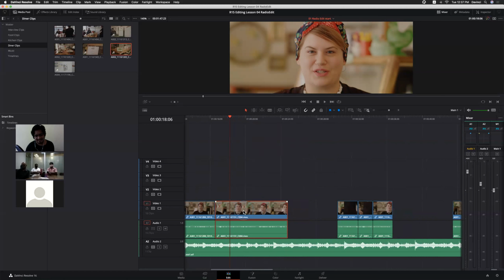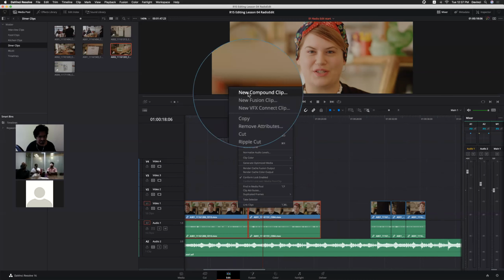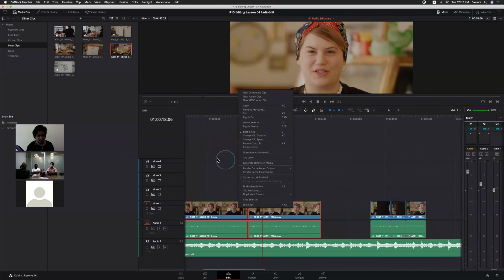And under the right click, you will find Link Clips. You know this option, right? It will automatically link the clips with the separate audio or with multiple clips. And we do have one more option here, the New Compound Clip. The compound clip is nothing but nesting. We do nesting, right? We can group the clips, right?